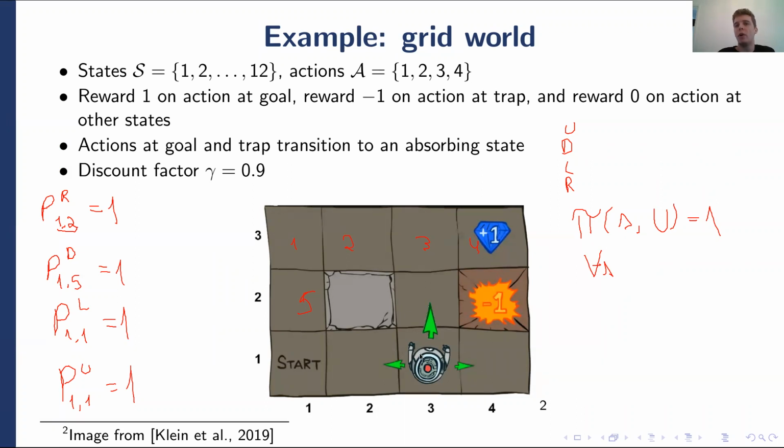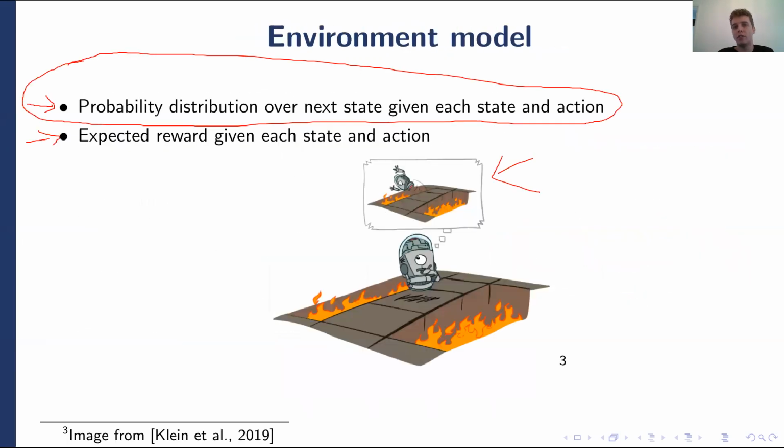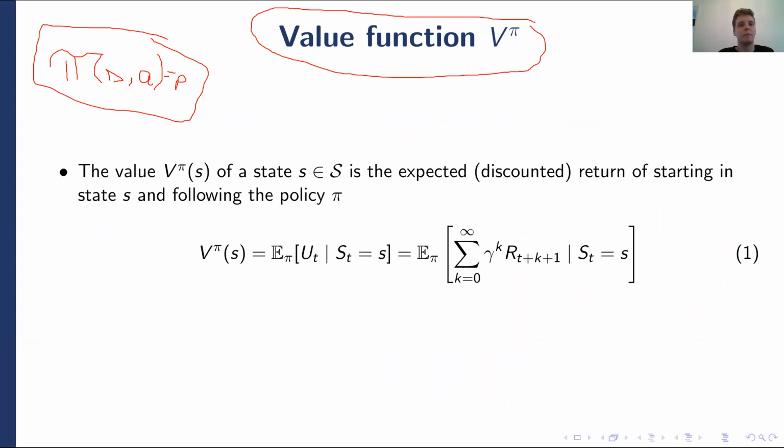But there's another optimal policy, and I'll soon make very precise what I mean by optimal policy, but I think you can already guess what it is. Another optimal policy here would be right with probability 1, right with probability 1, up with probability 1, up with probability 1, right with probability 1. So these are two optimal policies for this environment. And they can both be represented by a certain function pi, of course, different functions pi for these two different behaviors.